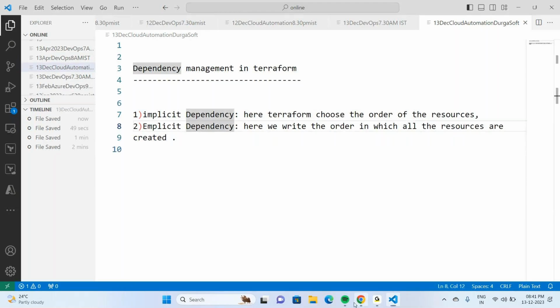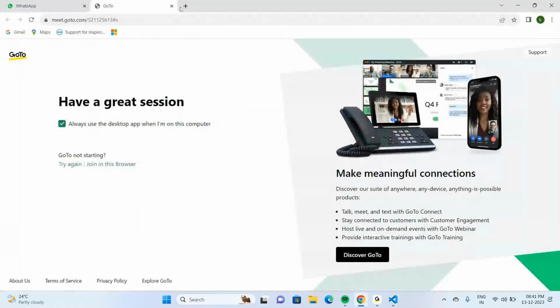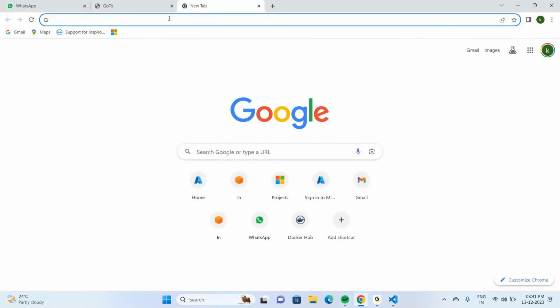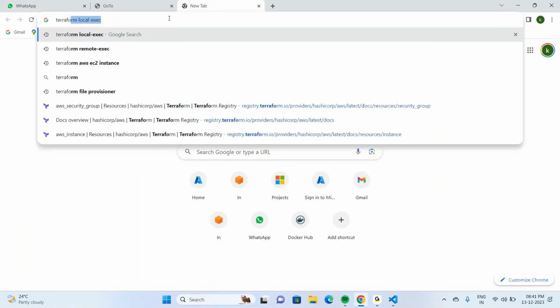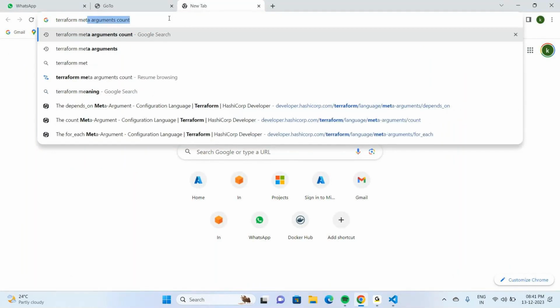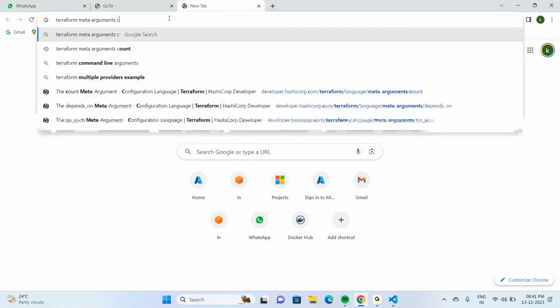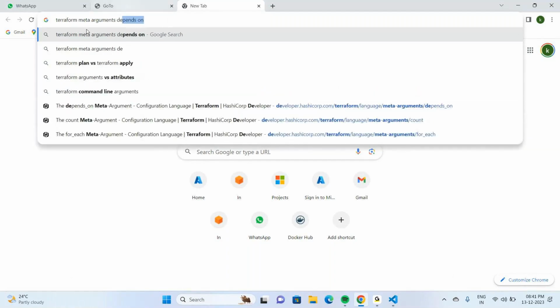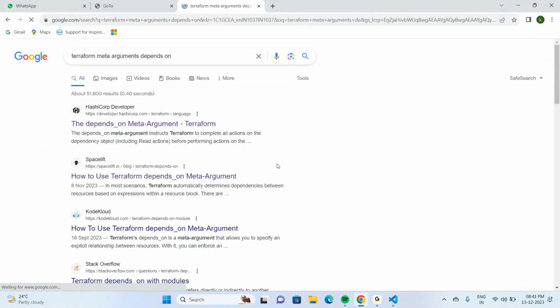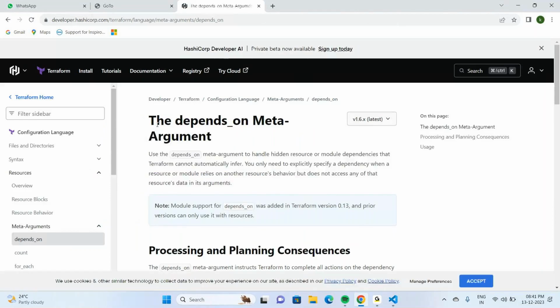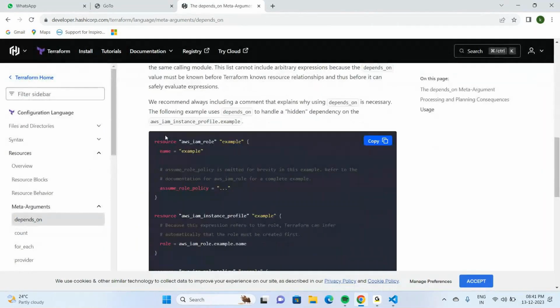Now let us open the Terraform meta argument depends_on. So depends_on is a meta argument. Yesterday we discussed that count is one meta argument. And here, if you look at this resource,